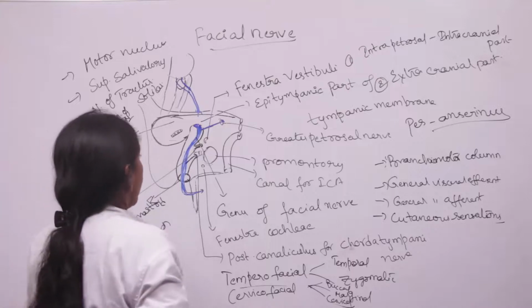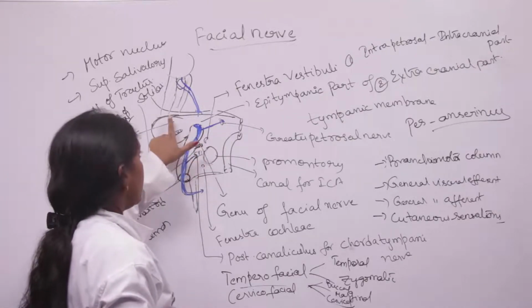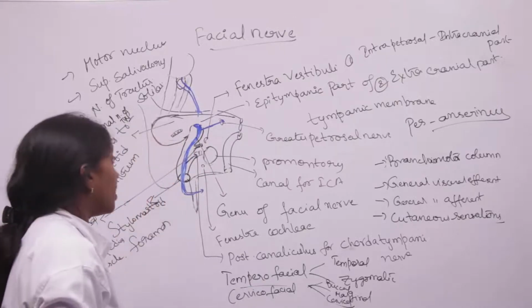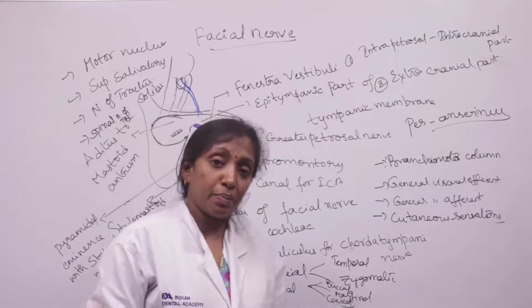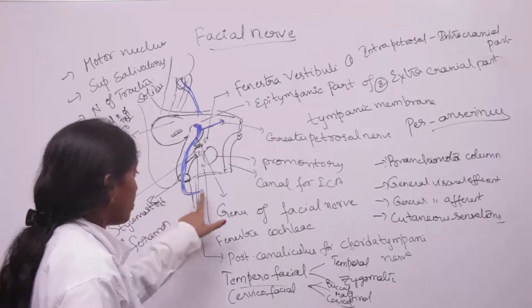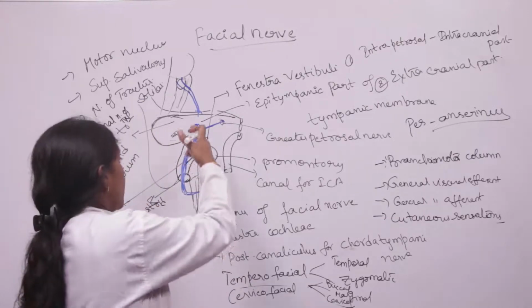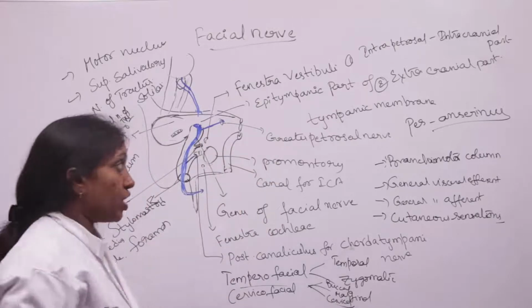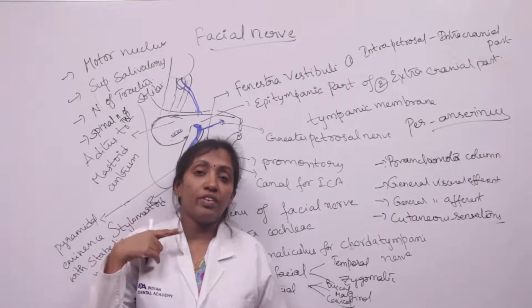pseudounipolar neurons. It runs downwards above the promontory and fenestra vestibuli, and here it is related to the aditus to the mastoid antrum and a bulging of the lateral semicircular canal. It further runs downwards along the posterior wall of the tympanic cavity, and it emerges from the stylomastoid foramen. Okay, so that's about the intrapetrosal intracranial part of the facial nerve,